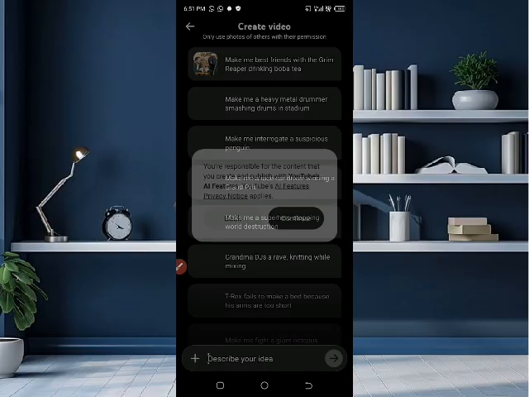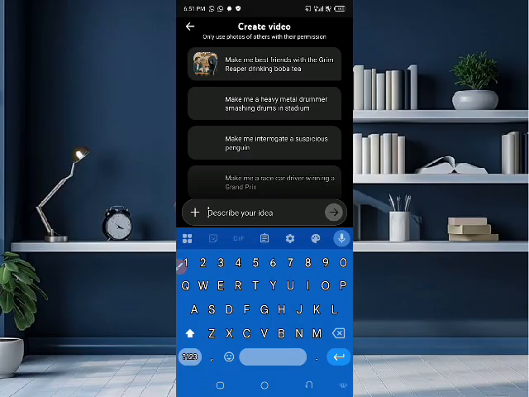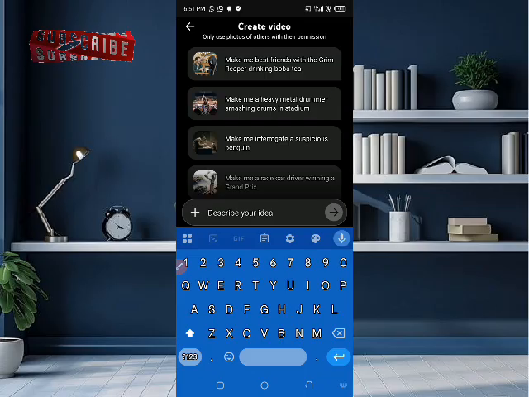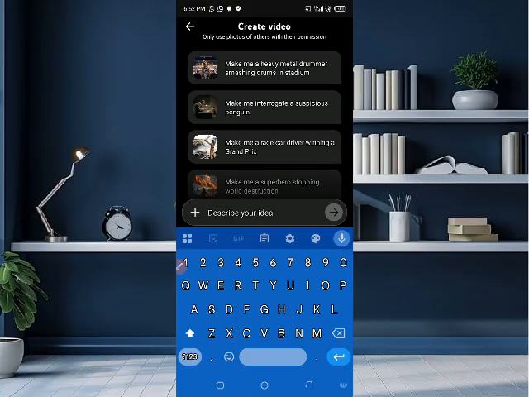Then you press continue, which means you have to use your picture. If you don't want any copyright issues, use your picture. After all, you do not have the exact video, but you can use your picture, and you'll be using your picture to be designed into whatever you want it to look like. So that is another notification for you. Don't use anybody's image, use your image, because even though YouTube has made it easier for everybody to have a channel and start creating, become a creator, it doesn't mean that you use another person's picture or another person's video. Copyright comes in, and they will also ban that channel. So that is number one information that you have to know.